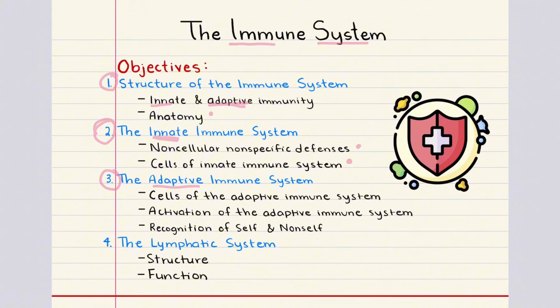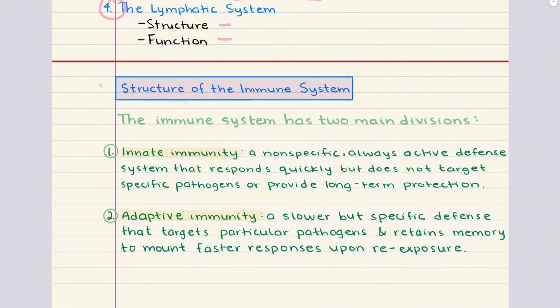Here, we're going to identify the major cell types involved. We're going to see how the adaptive system is activated. And then we're going to talk about how it distinguishes between self and non-self to protect against diseases while avoiding damage to the body's own tissues. Finally, we're going to discuss the lymphatic system. Here, we're going to cover its structure, how it connects to other systems in the body, and the important functions it serves. With this introduction in place, let's start with Objective 1 and look at the overall structure of the